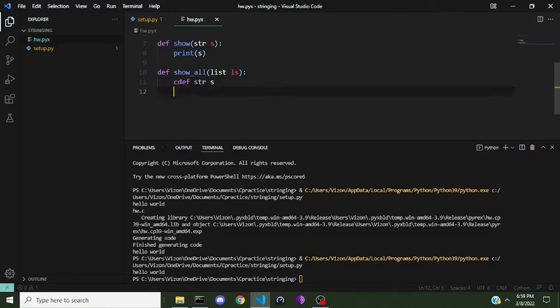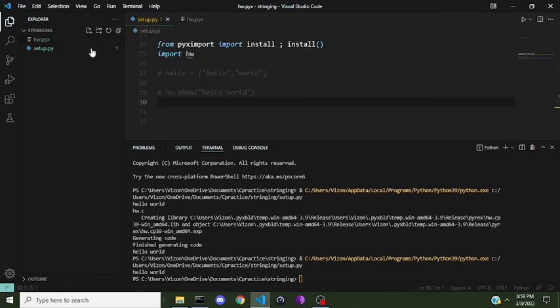Now we can iterate through the for loop. For s in ls, print s. Then from there, we go back to our setup.py,